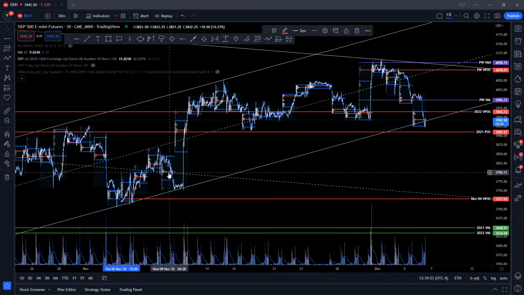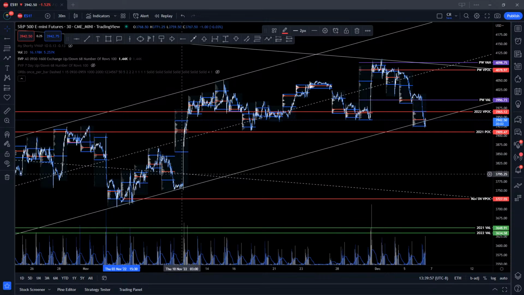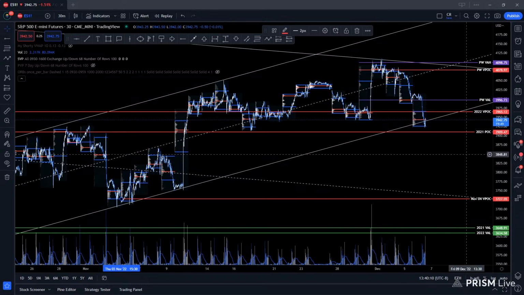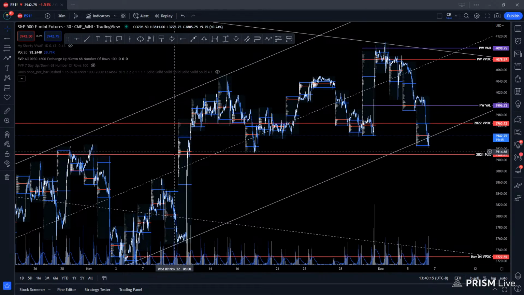This one here is not a virgin point of control. As you can see, we came down, and the very next day we blasted through it. So this one was retested. You do have a virgin point of control here. And frankly, it's so close to our 2021 POC, I'm not even going to put it on my chart. But you could,